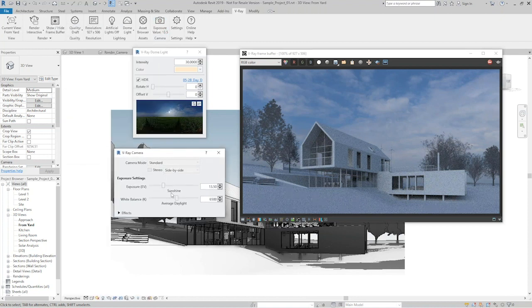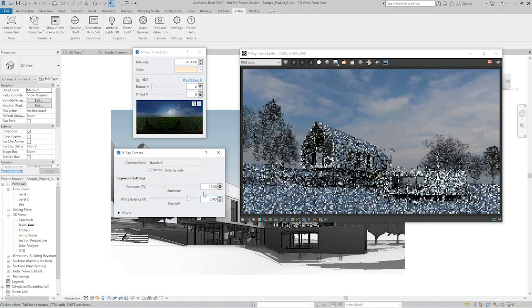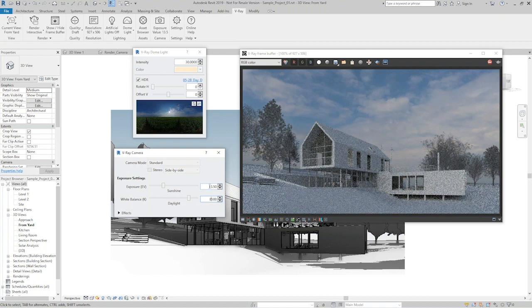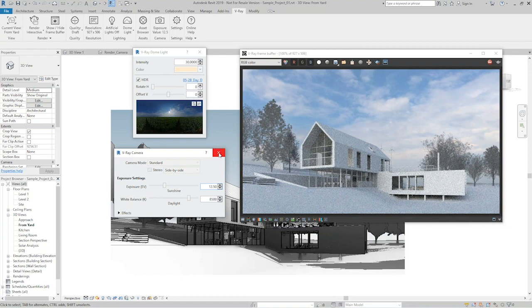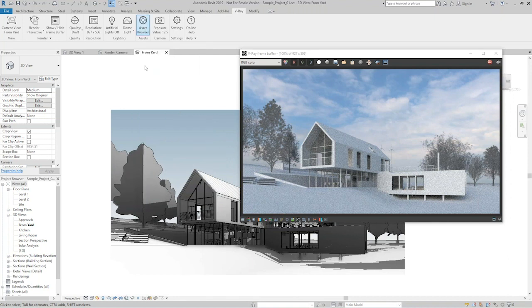So opening the exposure settings, and I will change the white balance to, okay, and the exposure to, let's try with 12.5. Okay, now going back to the asset browser,